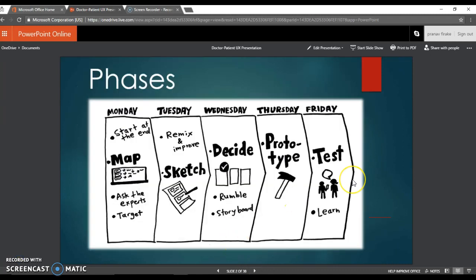In this project, we followed a sprint phased process in which the first phase was mapping, then we sketched. On the basis of sketches and some crazy ideas, we decided the best idea. Then that idea was taken and we built a prototype on that. Further, we interviewed our friends who were selected on the basis of a certain criteria, and then we gave them our prototype and took feedback from them. And then we made changes to the prototype, which I will show you now.